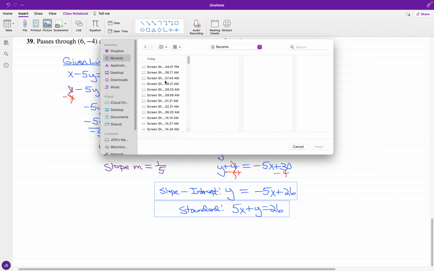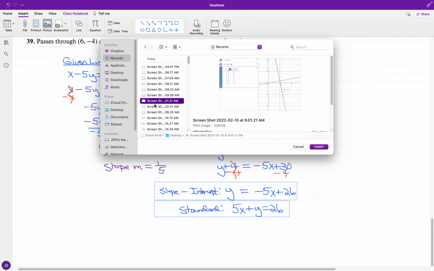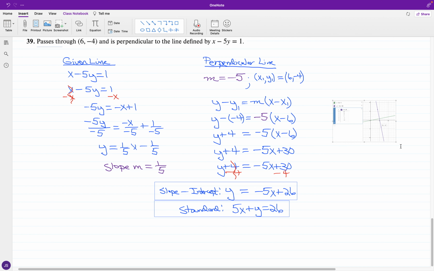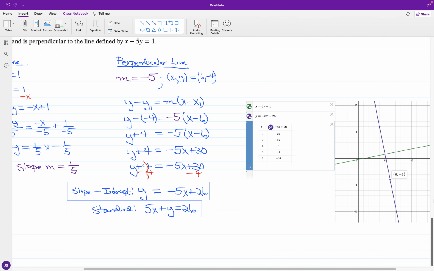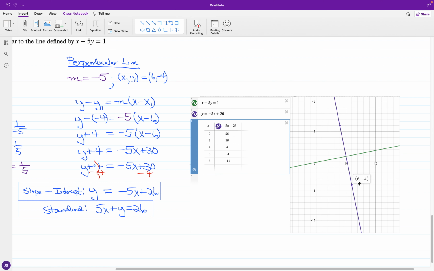And just providing this one more visual. Okay, so we have these lines running perpendicular. The given line we had was x minus 5y equals 1. And again, the perpendicular passes through 6, -4. And again, the slope-intercept expression is y equals -5x plus 26. And again, perpendicular lines will meet in a right angle or 90-degree fashion. All right, now,